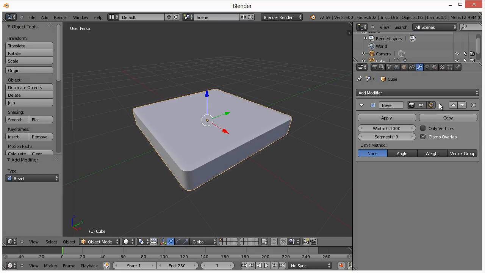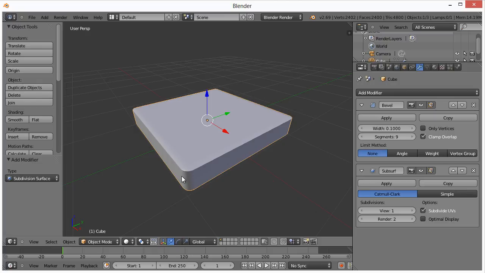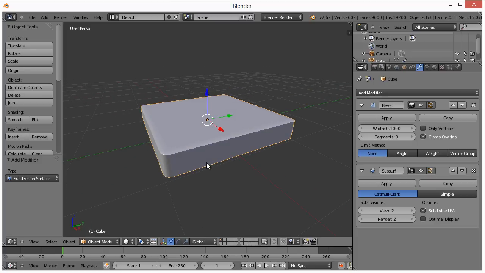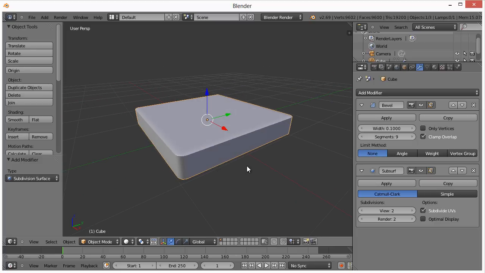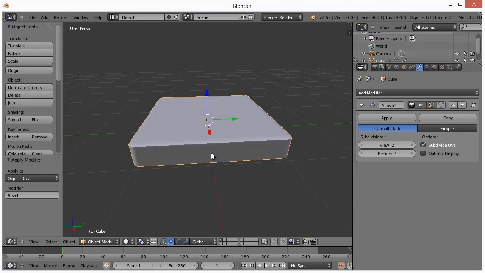All right, and then I'm going to go ahead and add a subdivision surface. It basically just makes things smooth. I'm going to increase the view to 2. All right, okay, so far so good. Now what I want to do is hit apply for this bevel. And now what we want to do is add the circular breathing part that you would put your mouth on